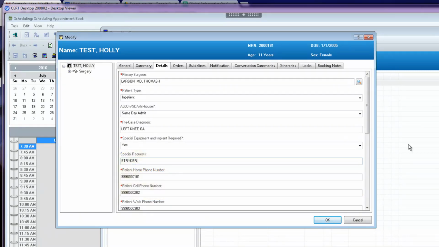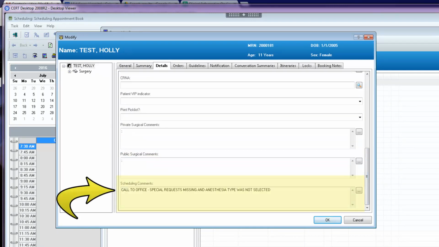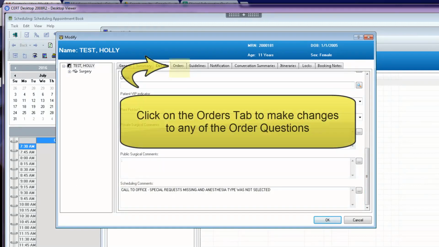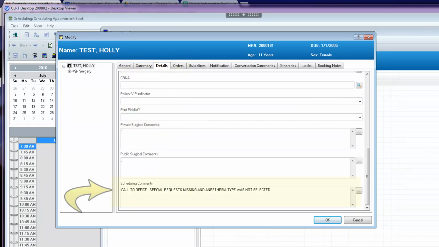If you scroll down to the last field on the Details screen, you will notice that the reason the booking office put the request on hold will be documented in the Scheduling Comments field for your reference. You will click on the Orders tab to make changes to any of the order questions. As you can see on your screen, the Scheduling Comments say Call to Office, Special Request Missing, and Anesthesia Type